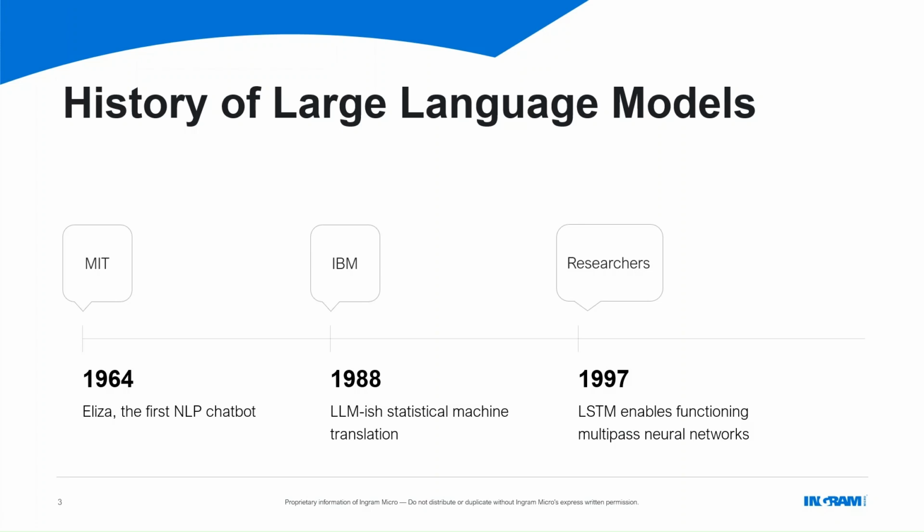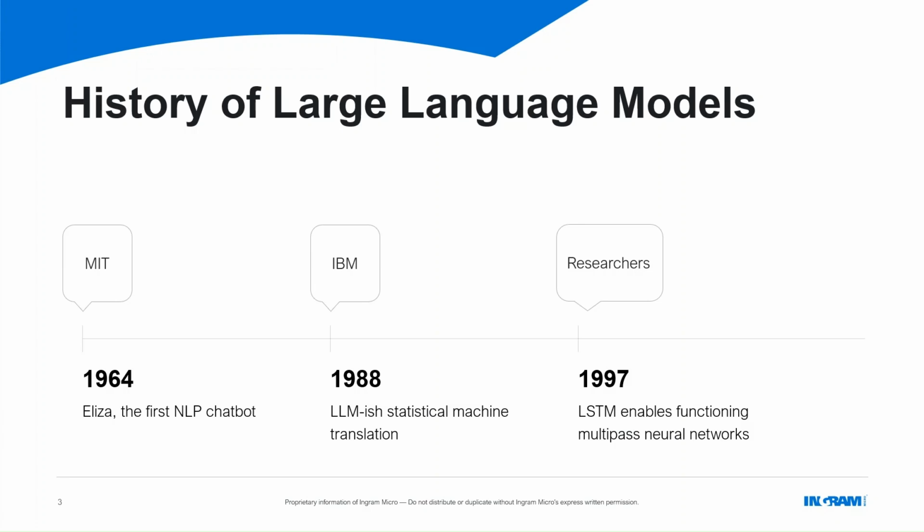To start that out, we need to look back at about 1964 at MIT. Researchers created this thing called ELIZA. ELIZA was the first natural language processing program, basically a chatbot, made to simulate conversation with users using pattern mapping. We would consider it to be very simple today, but at the time it was revolutionary and shocking to those who were using it.